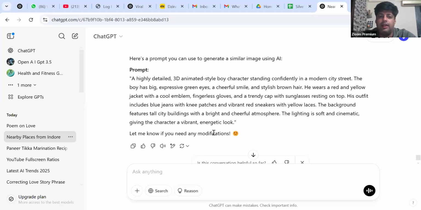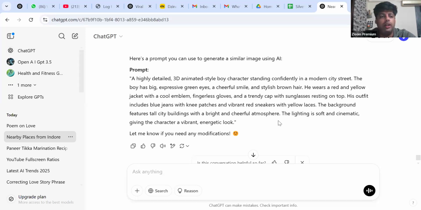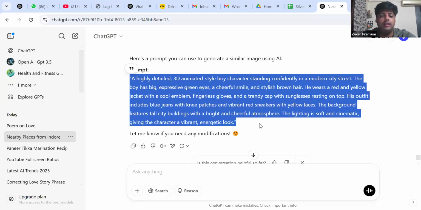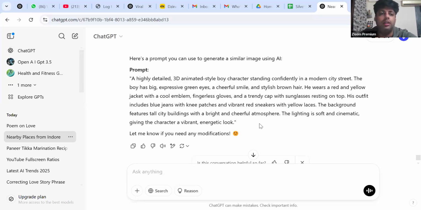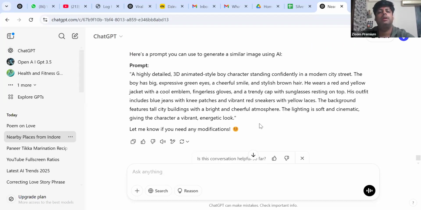So exact information, whatever is in the particular person's mind, it has crafted, and the reverse process is also a good idea to learn prompts. When you are trained with this kind of four or five sentence prompts, then you will definitely get projects on prompt engineering also. So whenever you have time, you can go with this kind of technique also. Good that you have shared today. Good going.